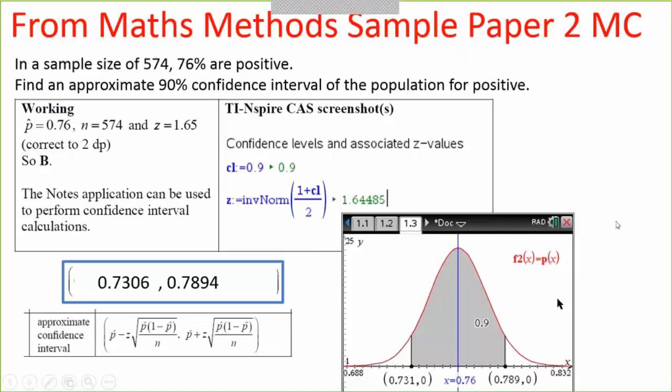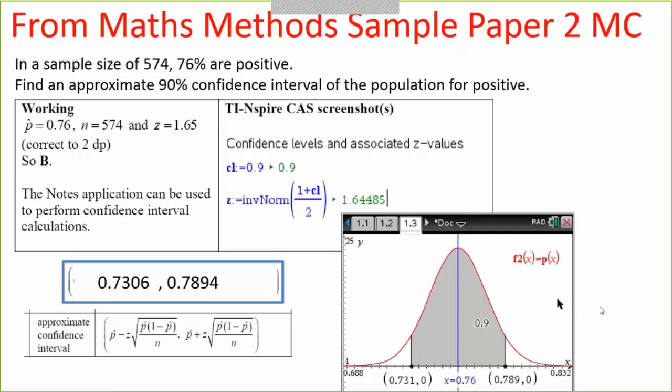Now, this is like saying that the percentage positive in our sample was 76, but I want to know with 90% confidence that for the entire population the percentage will be between what values, and I can say it's between the values 73.1% and 78.9%. In order to do that, I had to calculate the standard deviation, which I did by working the Z-score formula backwards, and then I set that up in here.